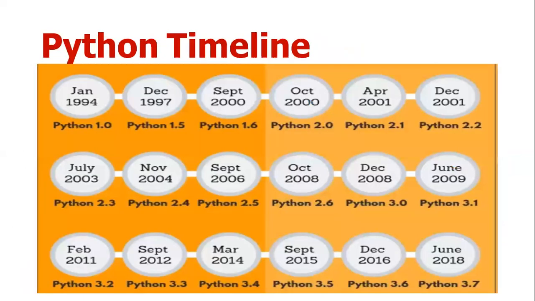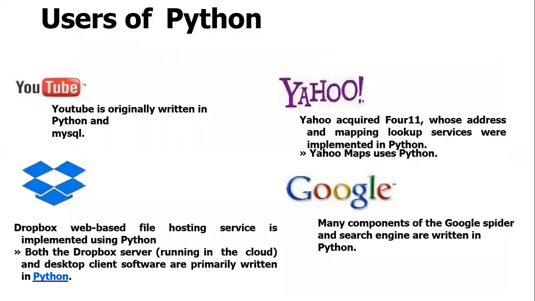And coming to the timeline of Python. The first version, Python 1.4, was released in January 1994, and later on there were a lot of developments, a lot of libraries were included, and a lot of things happened in the area of development of Python. The latest, in June 2018, Python 3.7 was released, and as of now we are working with more advanced versions of Python, like 3.8. And that is what the Python timeline is.